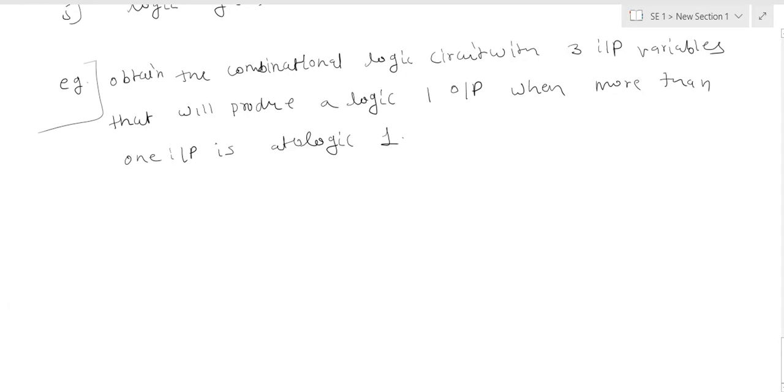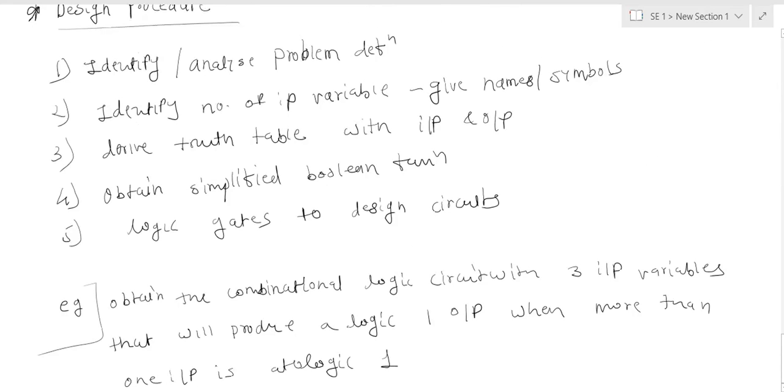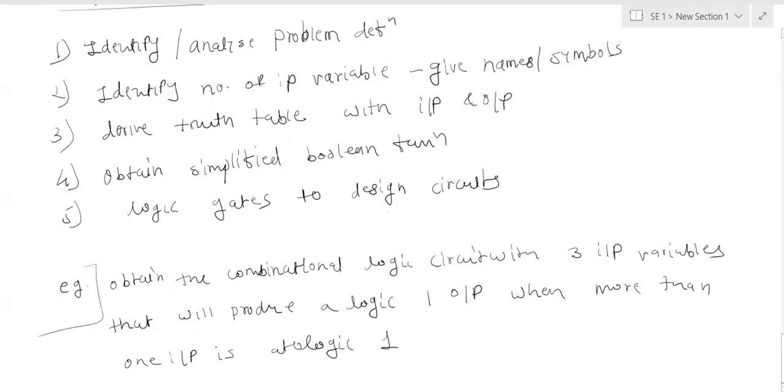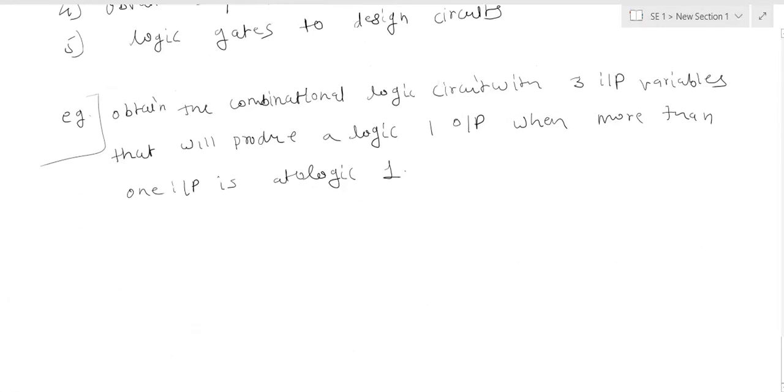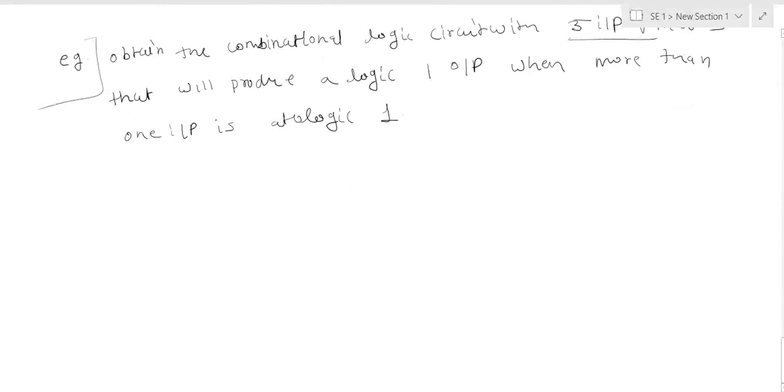That is my problem statement. Second step is to identify the input variables and give the names. How many inputs are given here? 3 inputs. I can assign the names A, B, C. You can give any names, X, Y, Z, whatever you want. So A, B, C, symbolic names we have given.